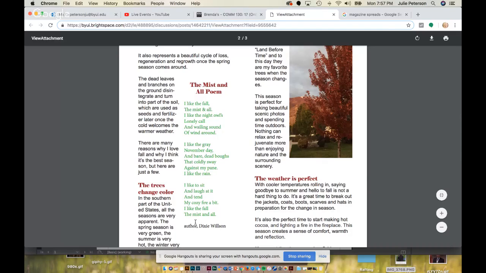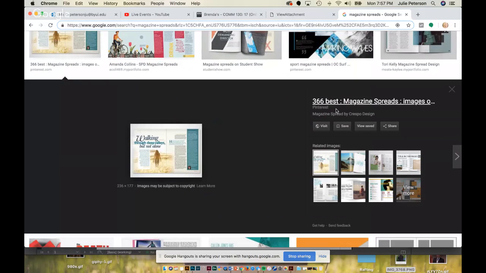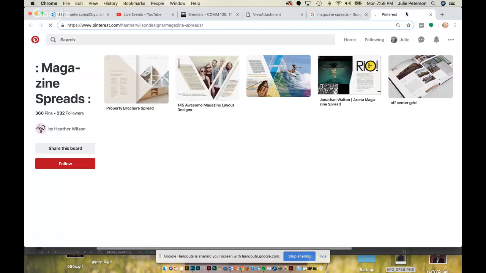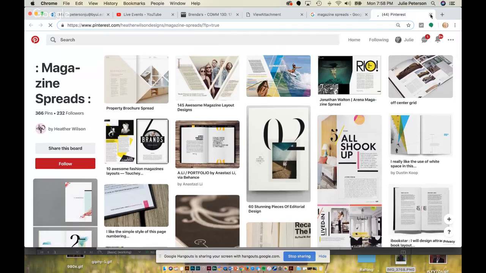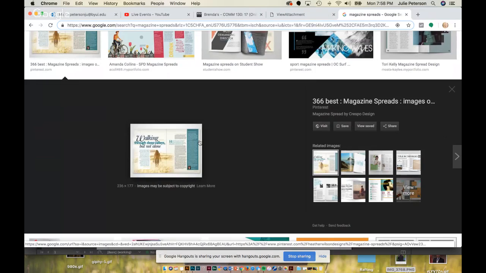So if you look at this magazine spread, and I don't know if it'll pull it up larger. It's okay. But do you see how she has a separate box? And you find this a lot in church magazines where they have like a little quote there.